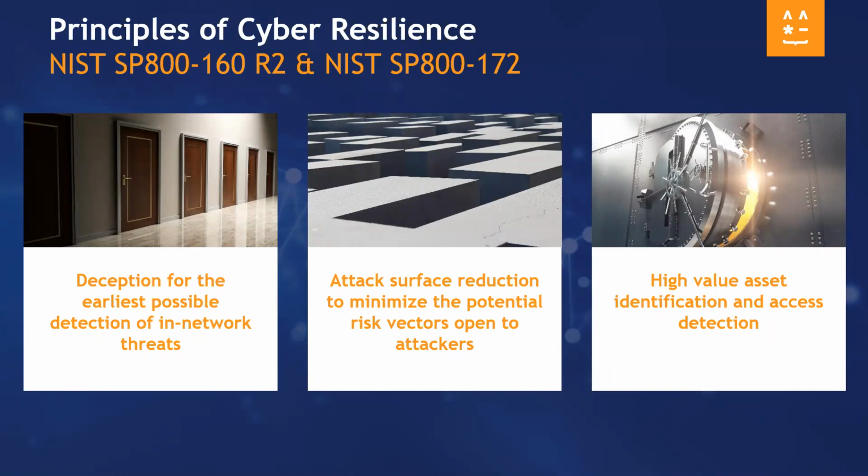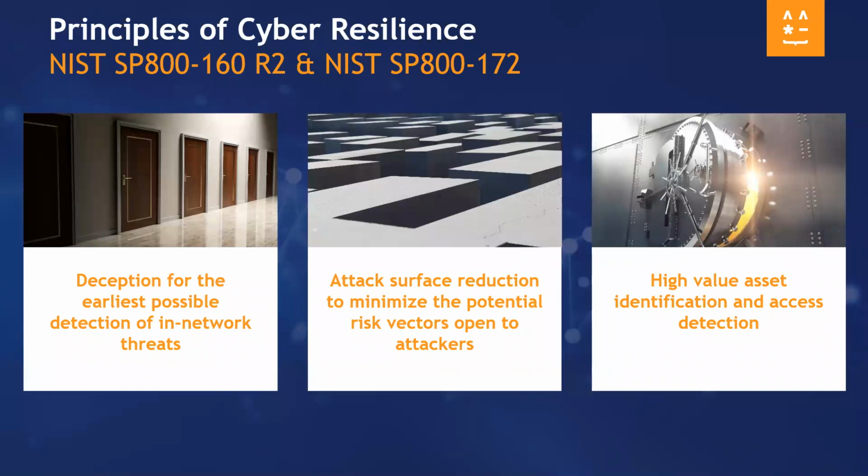So the concept of deception for early detection is certainly part of the guidance. Deception has been in the marketplace for over 30 years, mainly for analysis, but deception for detection is certainly now emerging as the better mousetrap. Additionally, we want to reduce the attack surface, so there's less things to exploit. And essentially, there's new tactics and techniques and procedures that require different methodologies to reduce that attack surface.